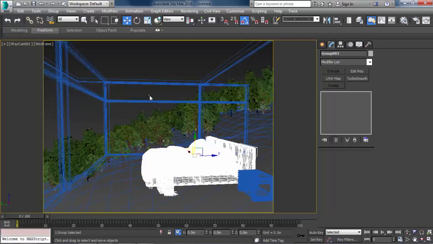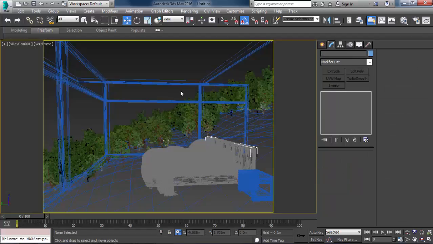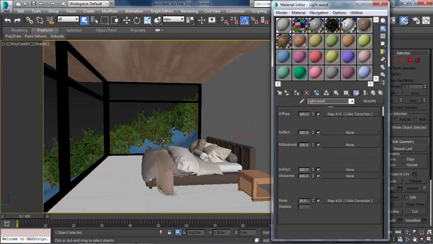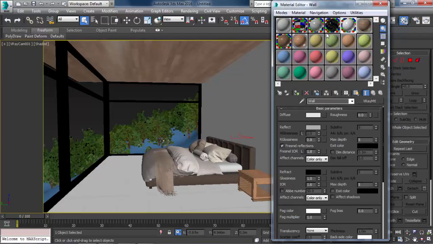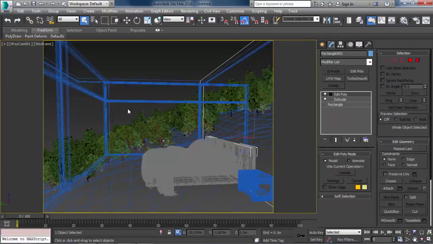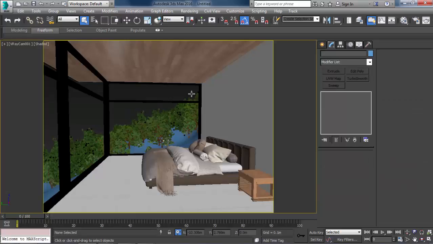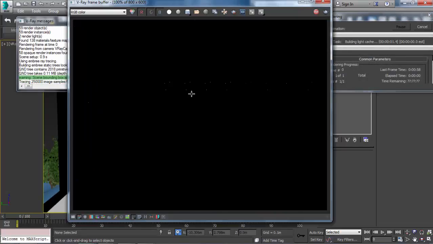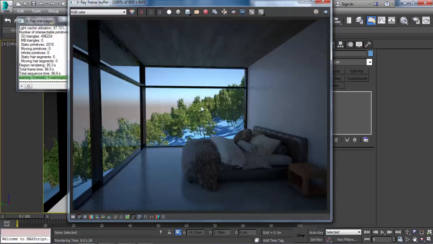We have the bed. Now let's make sure we have applied our materials. I'll apply the wall material here. And let's try to render all. Okay, so this is what we have for now.